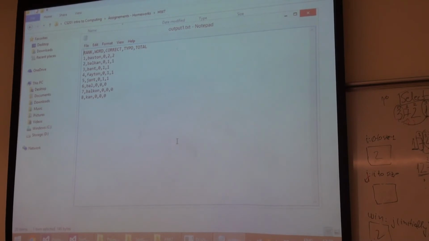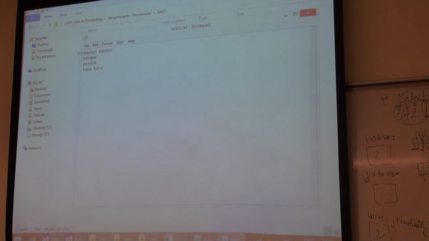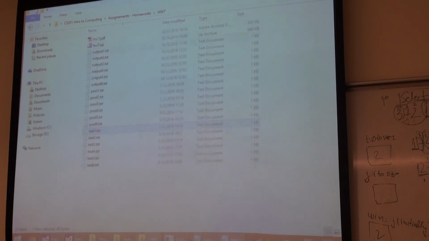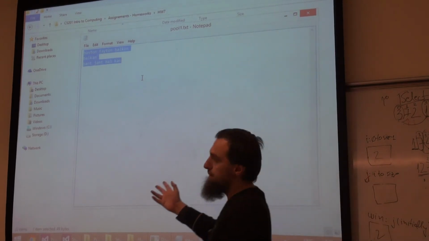This is your output. For each input, which consists of the pool and the text, you have a corresponding output, meaning that you should do the following. You take a word from the text, let's say Boston, and you go to the pool and find whether Boston appears or not. If it does not appear anywhere,